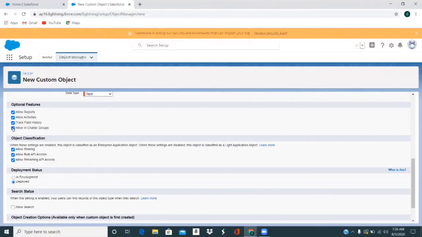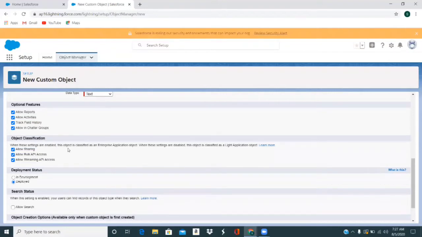So in those chatter groups, if you want to use this particular object, like you want to talk about, okay, this particular program is being conducted here in the school, so you want to share those kinds of feeds or details about that particular program, you can use that in the chatter group.